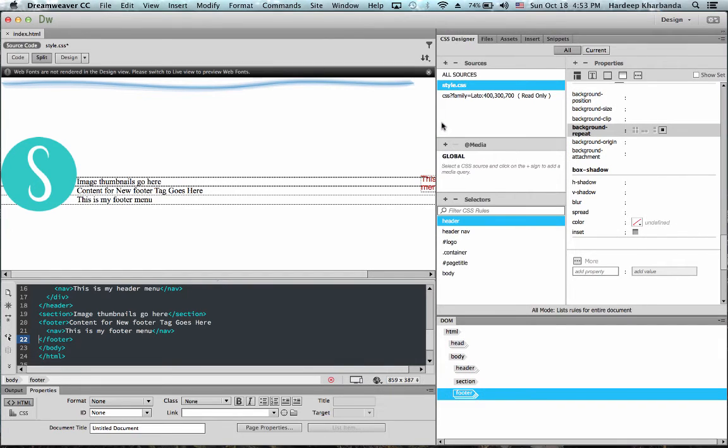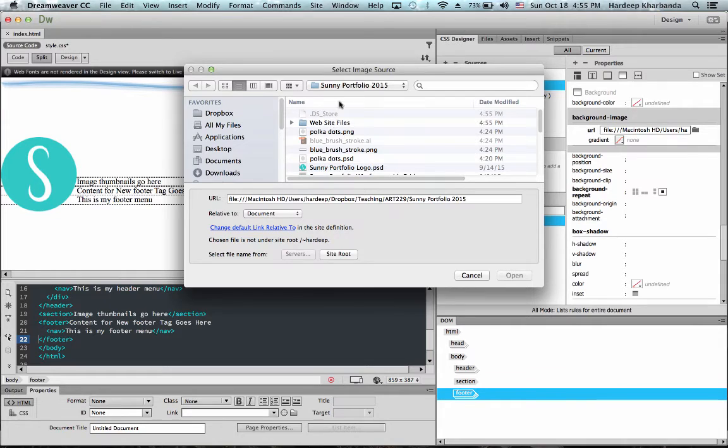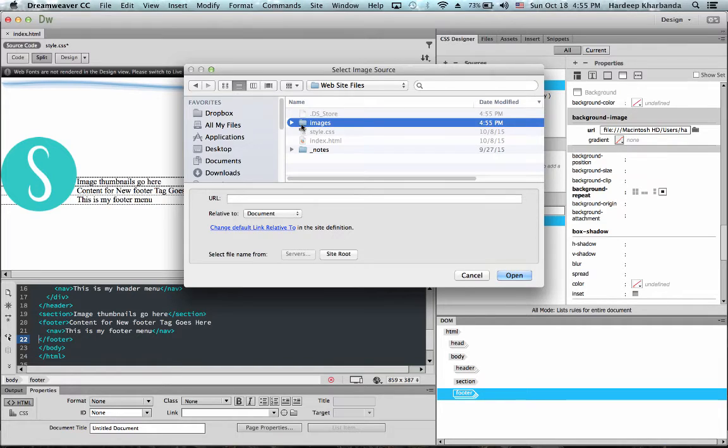Yet another way of creating a background image is to have a complete image that fills up your header or whichever section of your page you're trying to create a background for. For this kind of background, I'm going to choose one of my photographs to demonstrate to you how you can fill your header with a background and what you can do with it. So in my background properties, I'm going to go browse again, and in my images folder I've saved this photo.